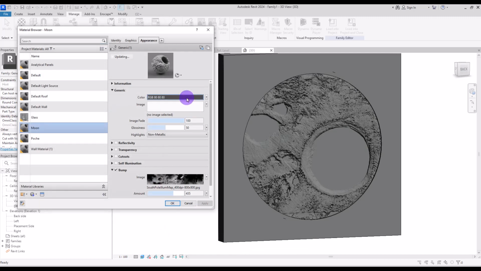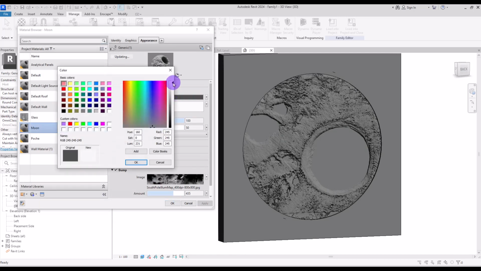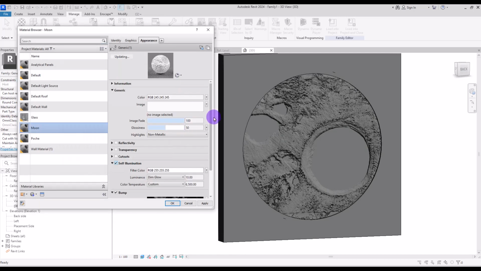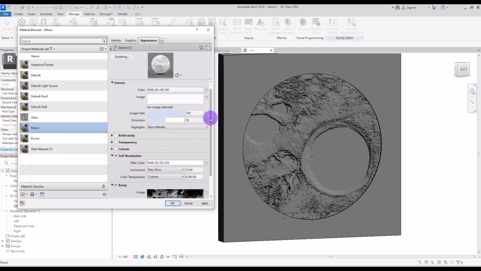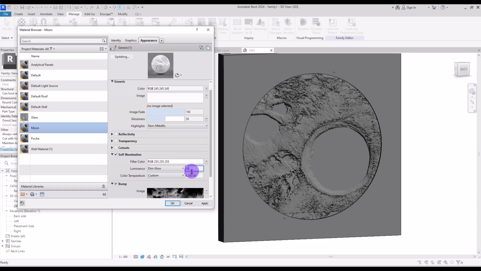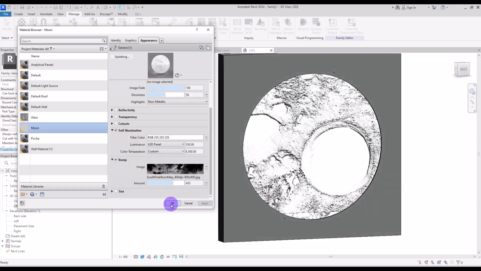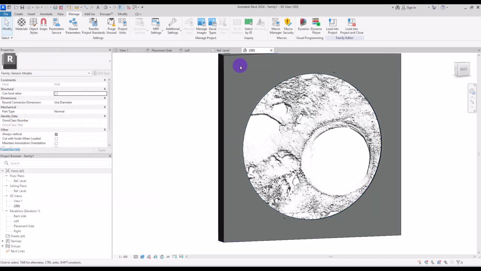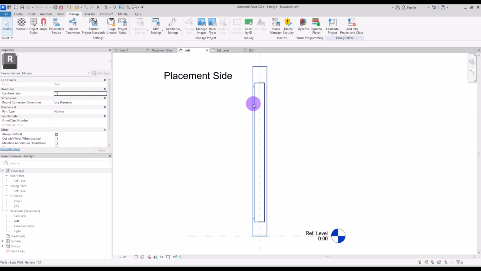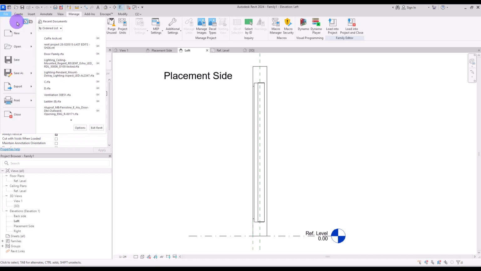Now change its color to something light like this. And also I'm going to give it a little bit of light with this self-luminance. I'm going to put it on just like 100. Perfect. Now for its lighting behind this wall, in this part exactly, you can either create another family, lighting family